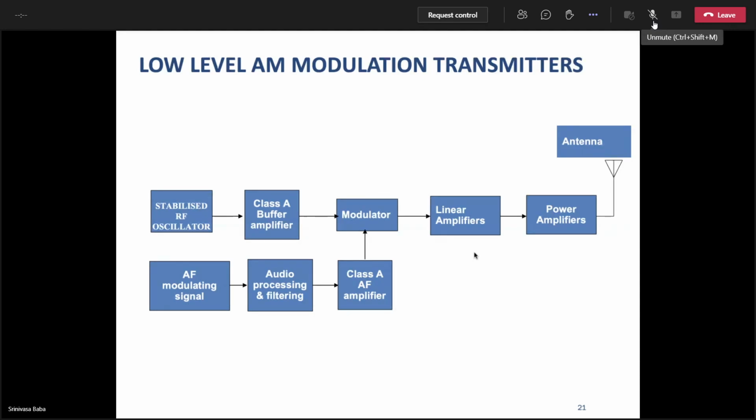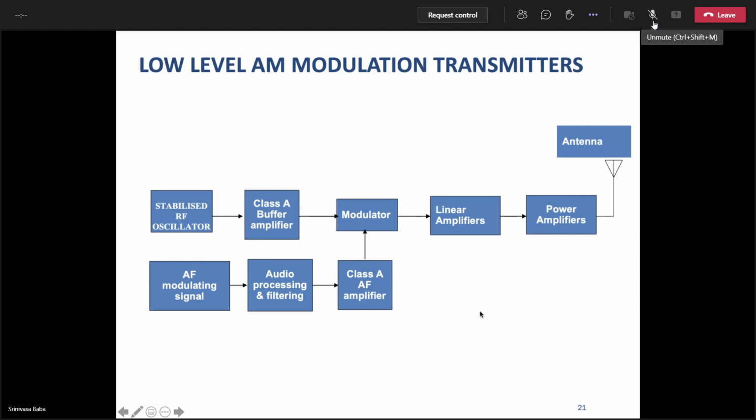If it is an FM transmitter, then the information is placed in the frequency fluctuations of the RF signal. All the information, this AF, will be sitting in the frequency variations of this oscillator. So if the amplitude is changed also, because my information is not present along the amplitude axis, therefore I can use non-linear amplifiers in the case of FM transmitters. But whenever you are using AM transmitters, always go for linear amplifiers only to avoid distortion.